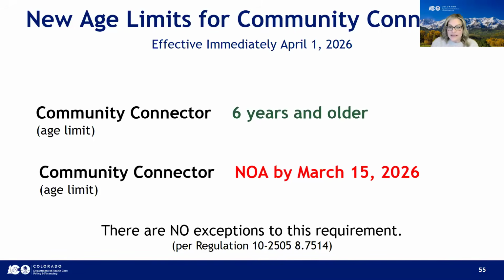2026. What that means is that case managers will have a conversation with the member, update their service plan to end the service, and send all notice of actions to affected members by March 15th. Case managers can end date the PAR at this time and notify the provider of the service ending. It's important to know, though, that HCPF will auto end date PARs for children who are under 6 years old on April 1st, in case that has not happened for someone. And at that time, any billing will be denied. There is no exceptions process to request services for a member under age 6.